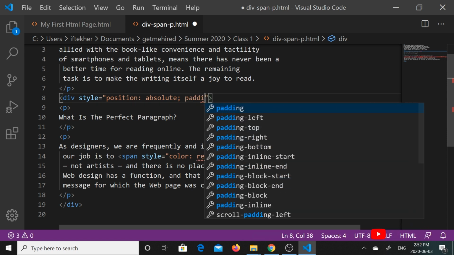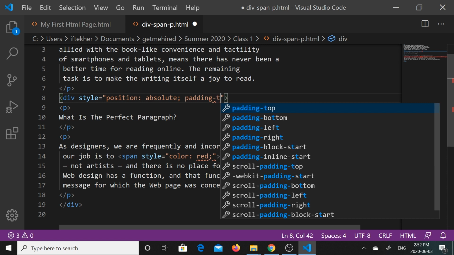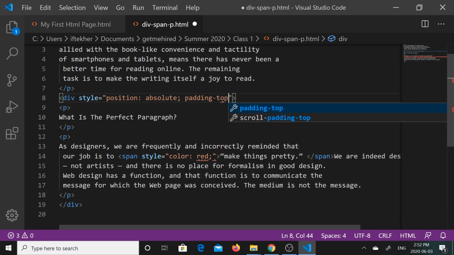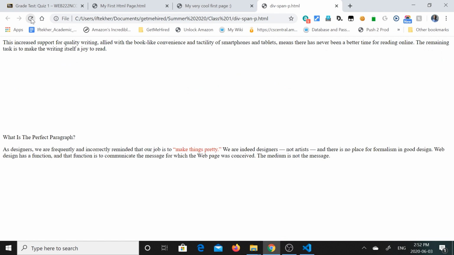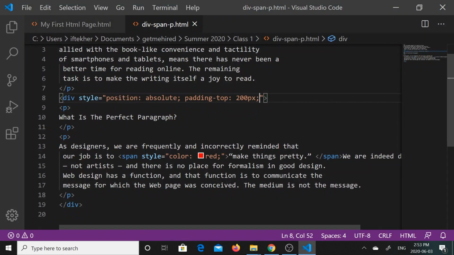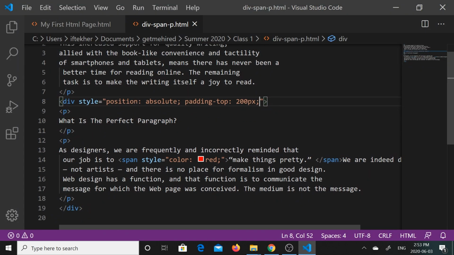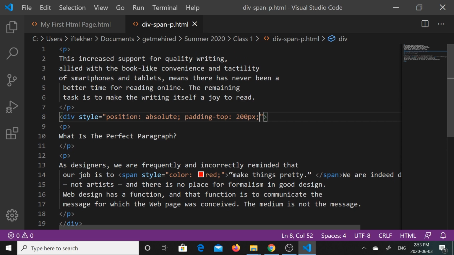I'm adding some padding. And you will see that it created some padding here, but the whole thing moved together because they are grouped together using that div. So that's it for div, span and paragraph, some of the commonly used